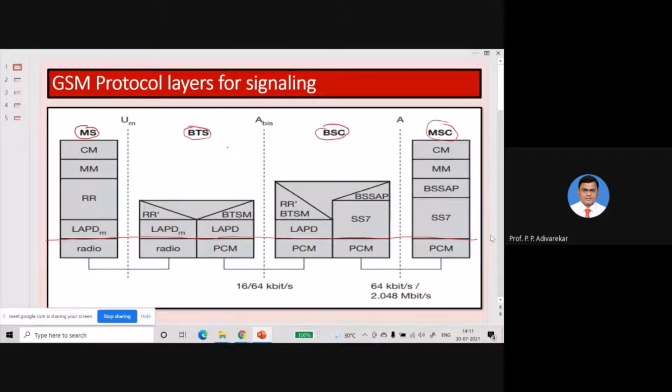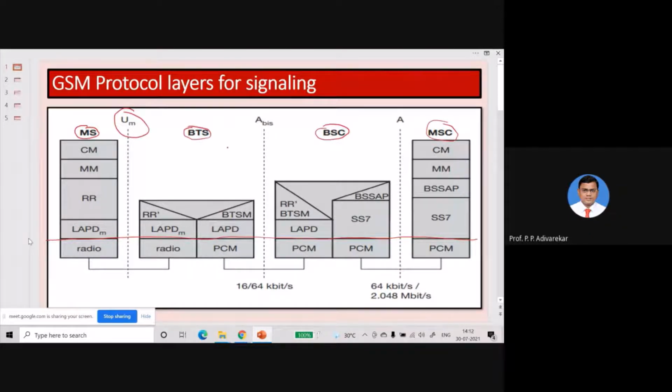So you can see for the mobile station and then the base station, that physical layer involves the radio layer, because their communication is wireless. That is happening through which interface? That is happening through the Um interface.